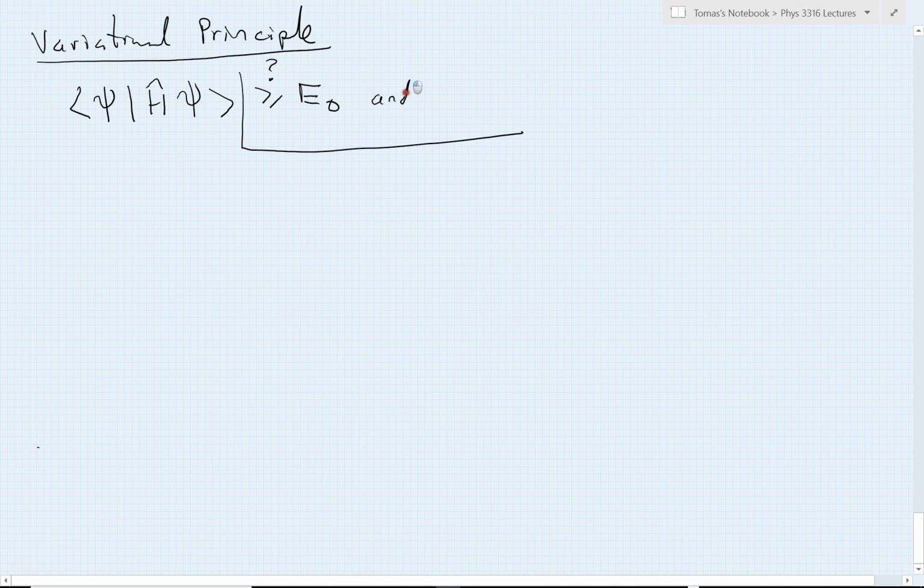And there's a secondary proof, and it's equal only if psi of x actually is the ground state, or as we've been saying, related by some constant, which I will call w naught, say, times the ground state. Something like this. It's equal only if psi is the ground state.